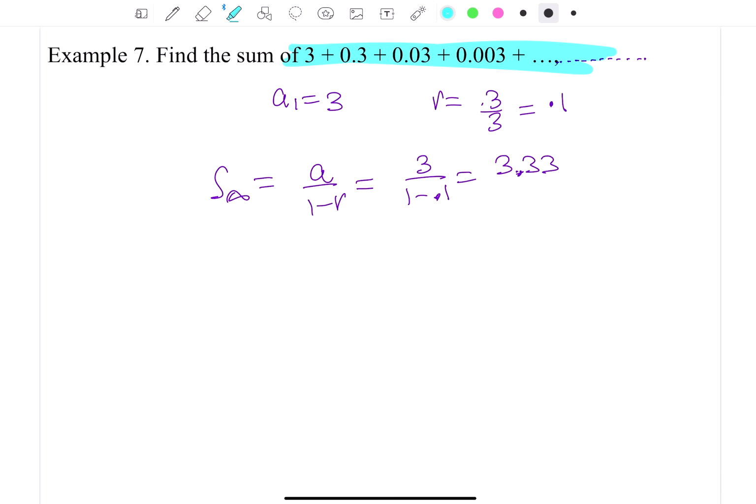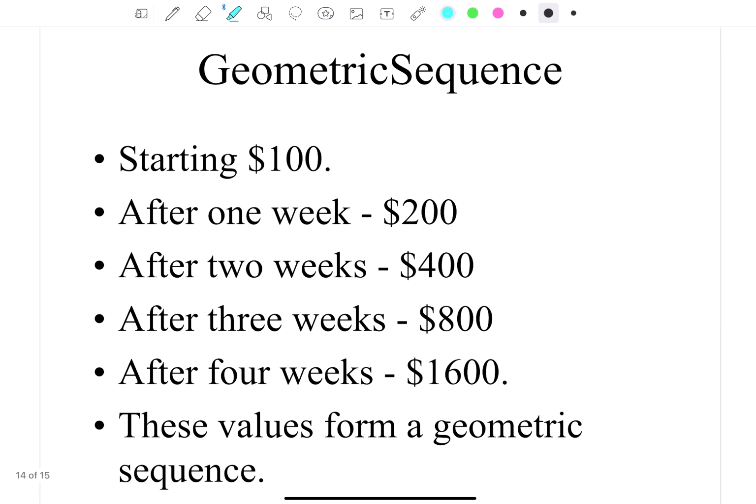Right, geometric series, what if your paycheck started at $100 a week and doubled every week? How much would your salary be after 4 weeks? So at the start, you're starting with 100. At the end of week 1, it's doubled. After 2 weeks, it's doubled again. After 3 weeks, it's doubled. After 4 weeks, your salary would be $1,600. These are the values coming from a geometric sequence. So when you're multiplying with the